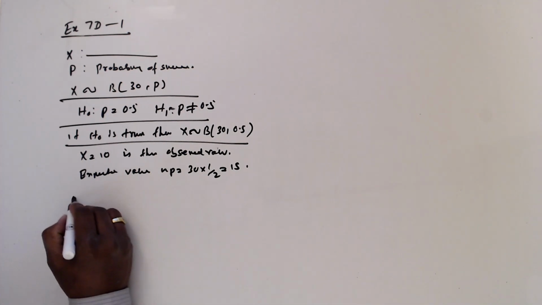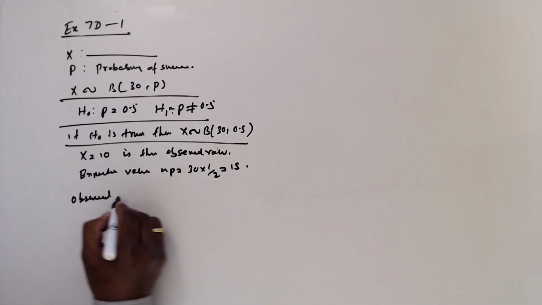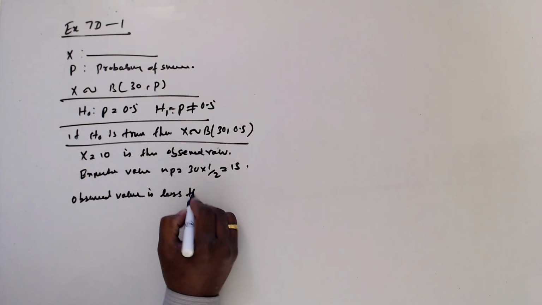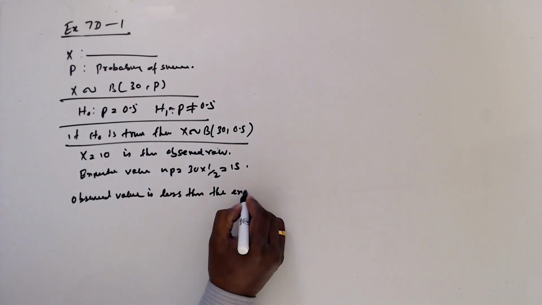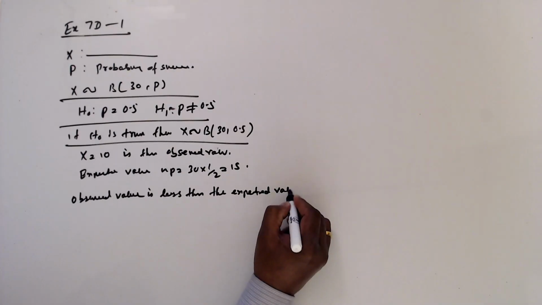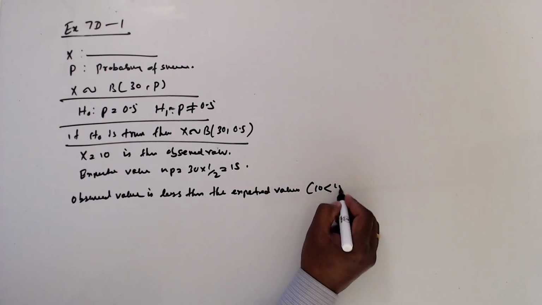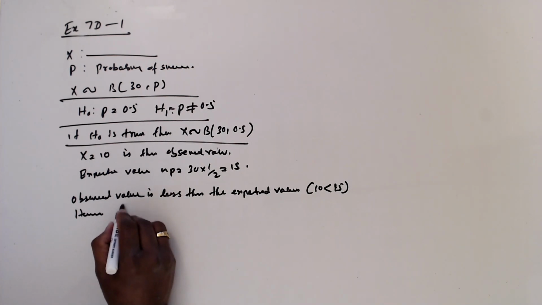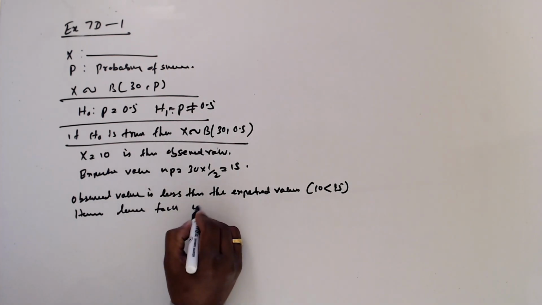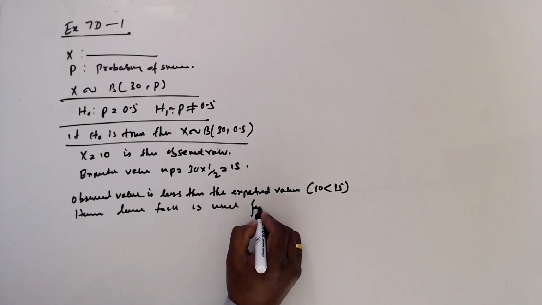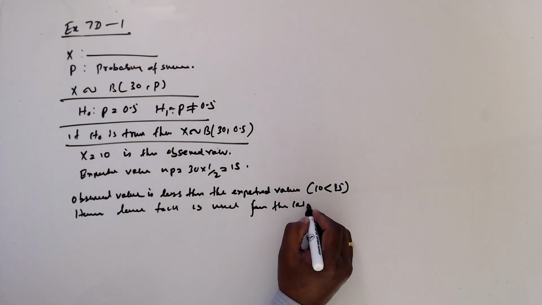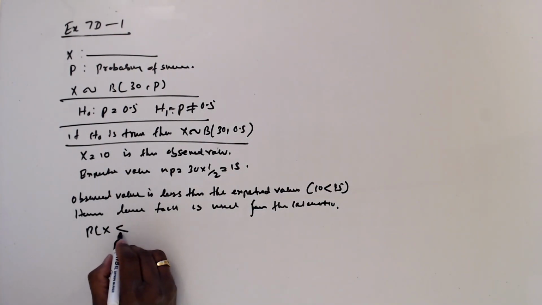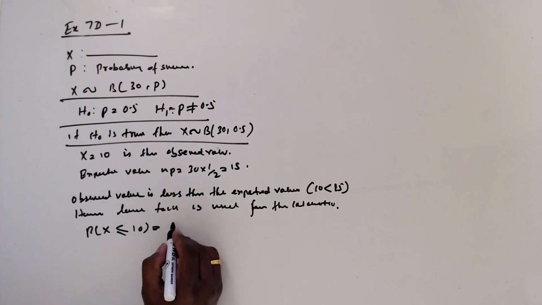So the observed value is less than the expected value, hence the lower tail is used for the calculation. So the probability of x less than or equal to 10 is